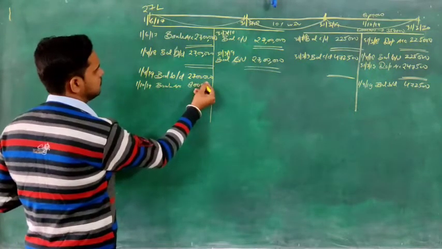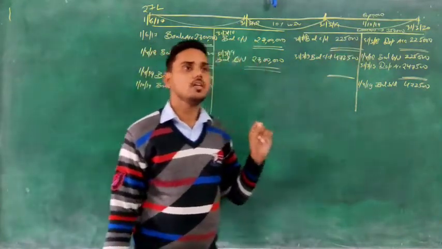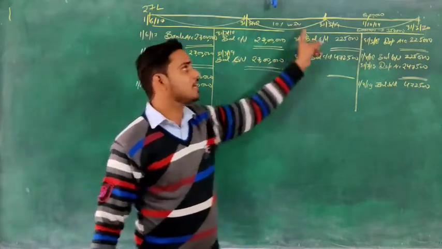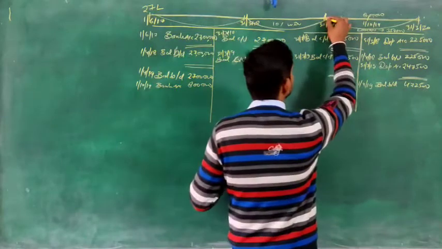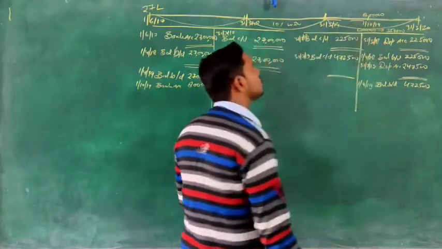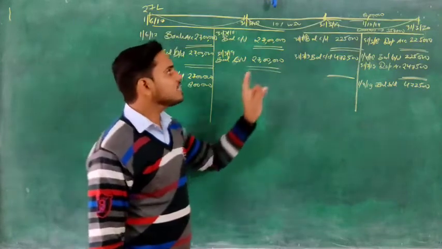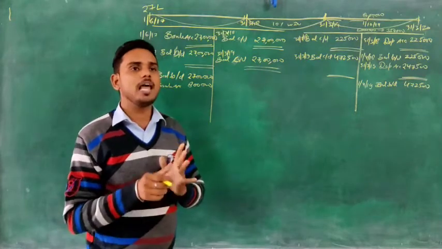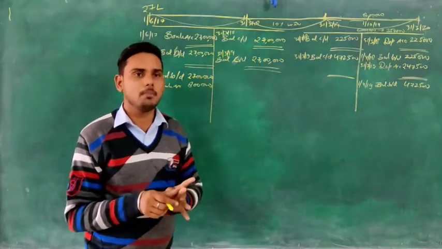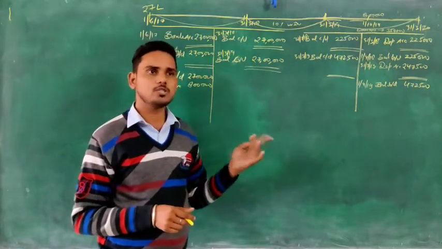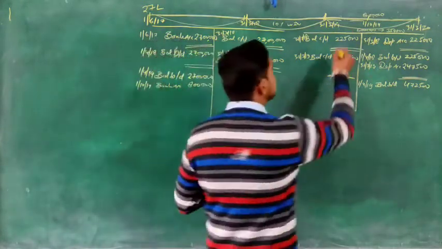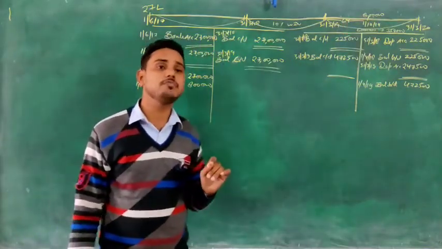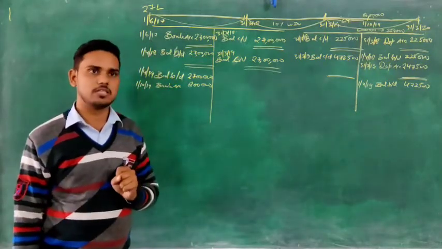You write 8 lakhs. Now on the same date, we have one machinery which we are selling, but we have already understood that if you are selling in between the year, whatever month you used that asset, the asset you are selling, you need to charge depreciation for that. And we are selling machinery on 1st October. That means from April to October we used. So April, May, June, July, August, September. October we sold on 1st, so October will not be counted. So that will be 6 months. So we need to charge depreciation on the asset which we are selling for 6 months first.